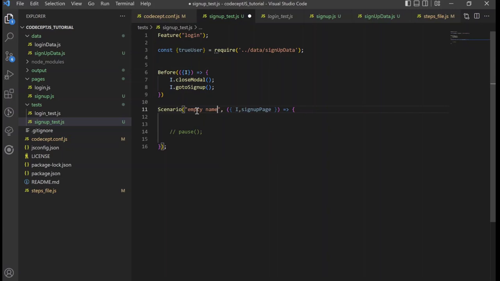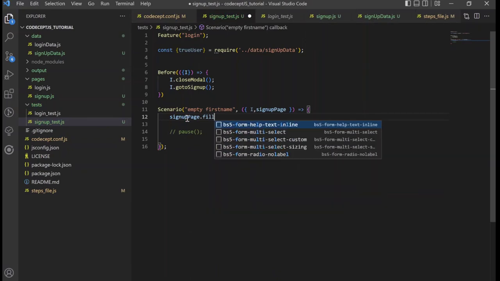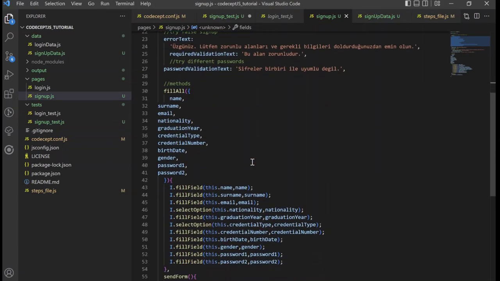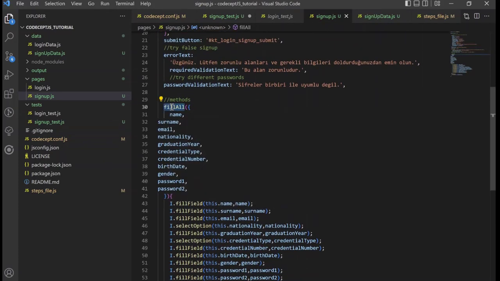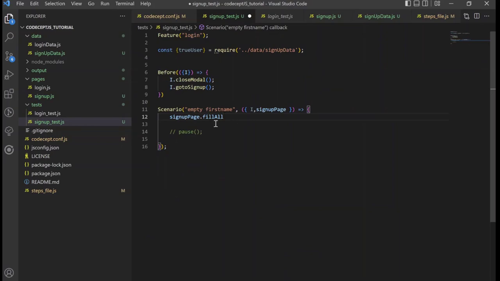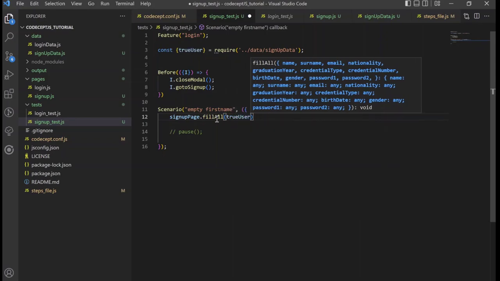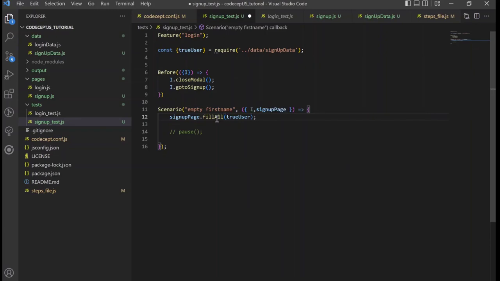Our scenario name is empty first name. Our algorithm is that we will fill all the fields, then clean one of them. Firstly, I expect to see the error message text, then I click the OK button.